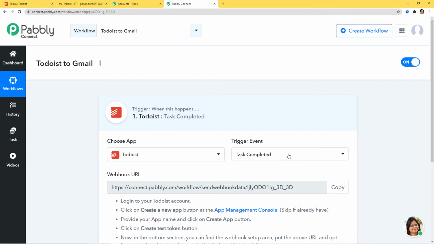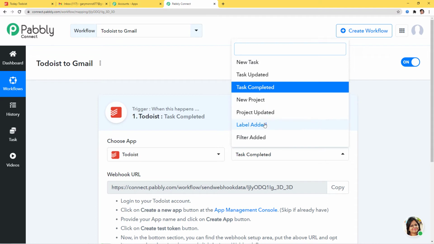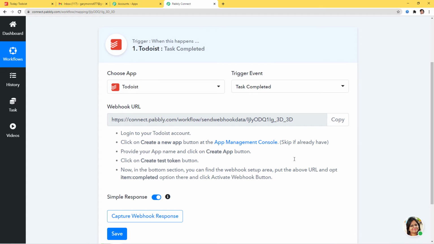So when you click over here, you can see we have various other trigger methods available. You can select whichever you want according to your workflow. And if you don't get the trigger method of your choice, you can contact our team at admin@pabbly.com and our team will help you to look for your specific trigger method. Okay, so now when you come down, you can see this term called webhook URL over here. So after choosing the app and the trigger event over here, what we do is we copy this webhook URL from here and we go and paste it inside the trigger software application, which is Todoist over here.